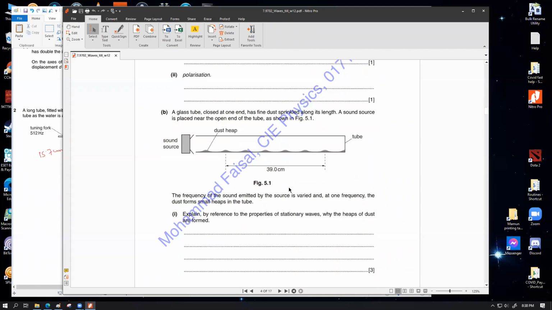This is a 3 mark question, so so far as I can remember, we have to talk a little bit about how the stationary waves actually get formed, because it says explain by reference to the properties of stationary waves. And then we have to talk about the nodes and the antinodes and how the movement of those air particles is causing those heaps. So if I was writing this answer, I might write like this,